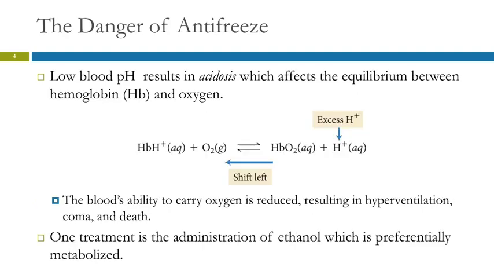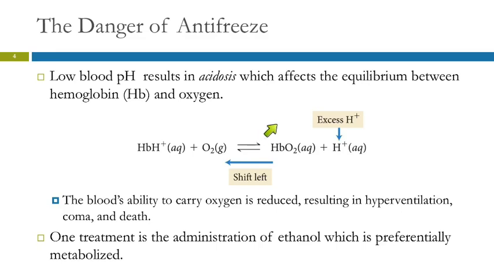So low blood pH is acidic, and that's known as acidosis. Diabetics need to be especially careful of this because this can happen to them. Acidosis is dangerous because it affects the equilibrium between hemoglobin and oxygen. Your body is very dependent on a very tight balance of lots of different equilibria. So hemoglobin carries oxygen,